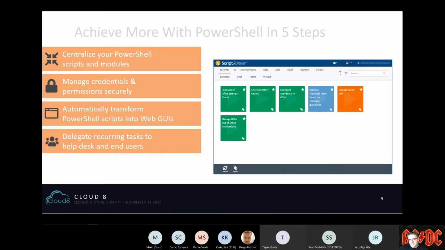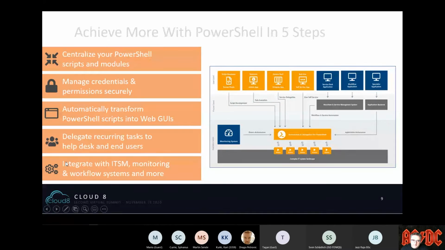And again, there is no PowerShell inside, so to speak, for these people, because everything that is really PowerShell related goes on the ScriptRunner backend, and we are handling all the different necessary bits and pieces. And then, of course, you can also integrate that ScriptRunner server into your processes and into your